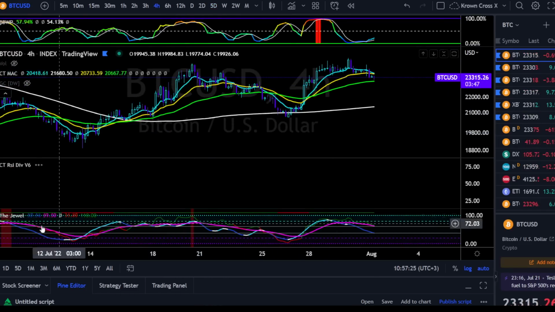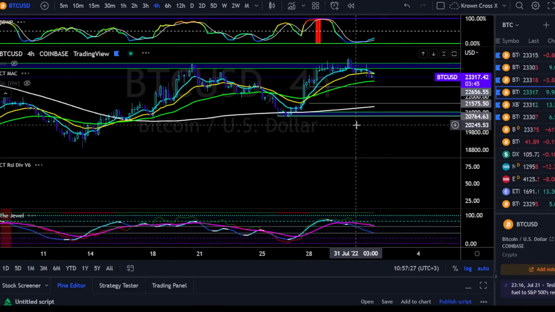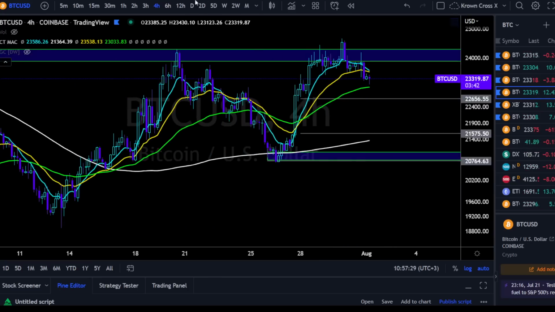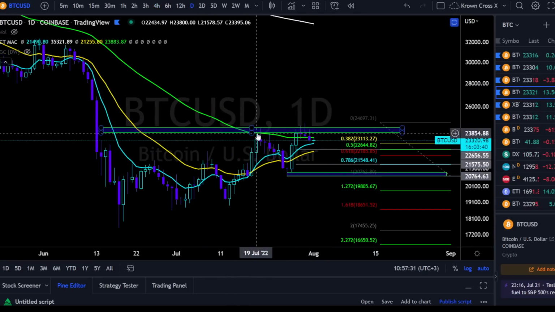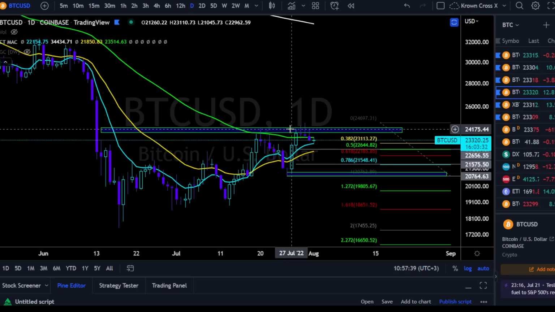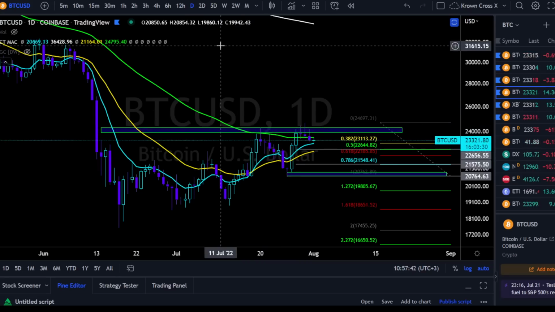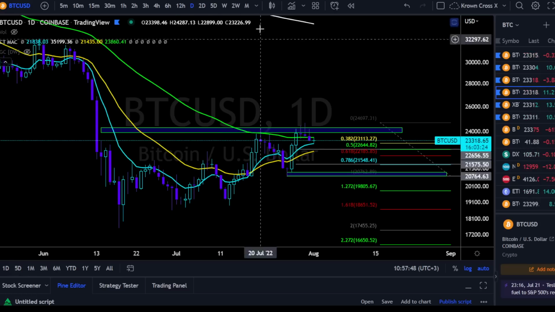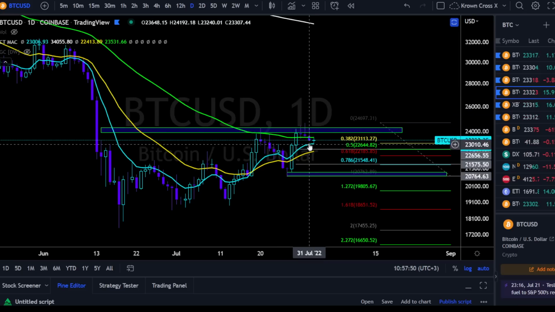Bitcoin's been getting many rejections around the same level that we had marked off here, going back to the 20th of July when Bitcoin tested in this region. We needed to see a medium or higher term time frame closure above 24,300 specifically. That did not happen. Yes, it happened on lower term time frames, but that's not why you use lower term time frames, to talk about daily breakouts, obviously. But in this case, many rejections right there.